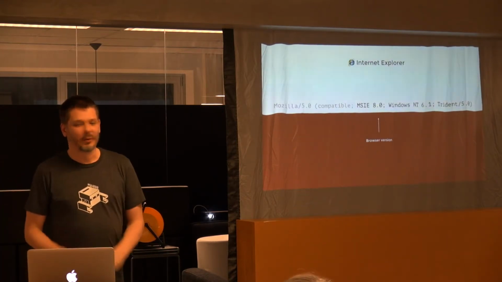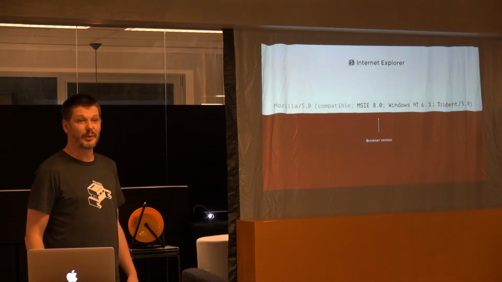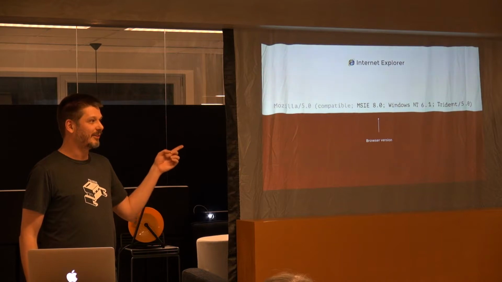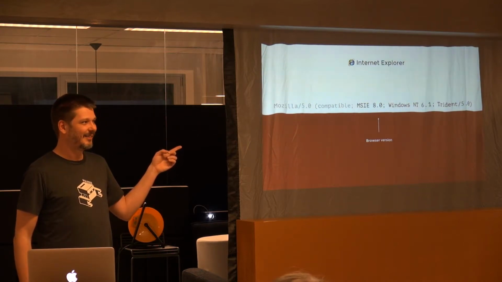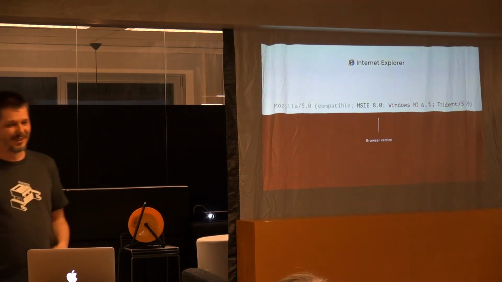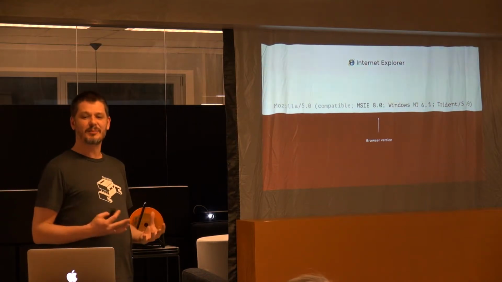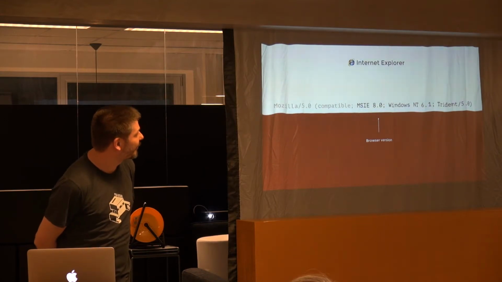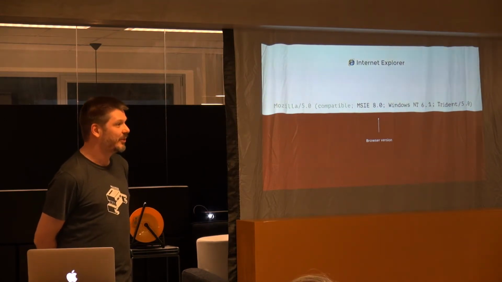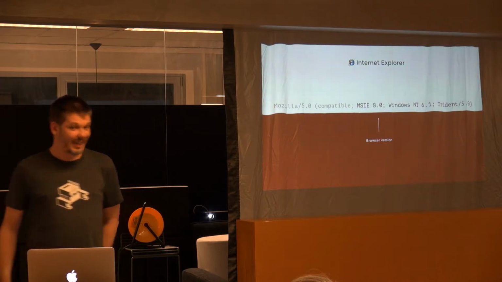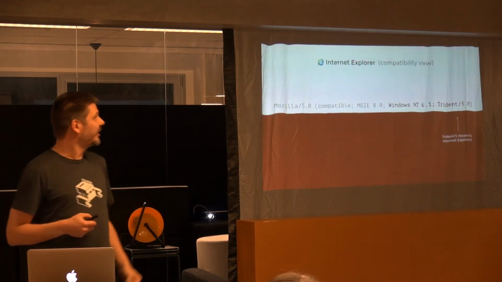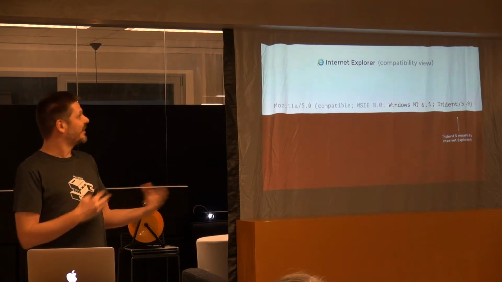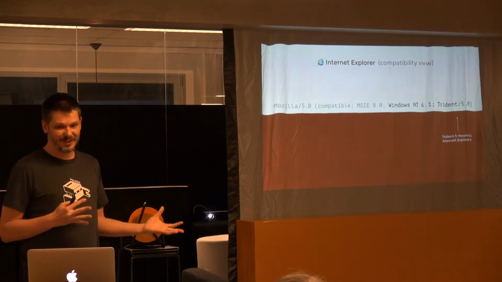And this is Internet Explorer 8, of course. Who sees something wrong here? Trident version. Yeah, Trident version. Internet Explorer 8 shipped with Trident 4. This is Trident 5, so this can't be right. This actually isn't right. This is Internet Explorer 9, and it's running in compatibility mode, and it just says it's Internet Explorer 8. So it's lying.